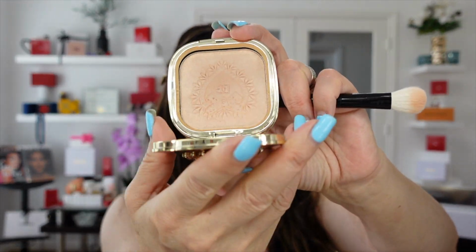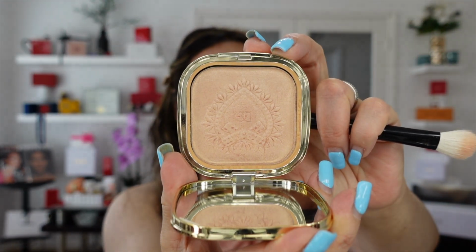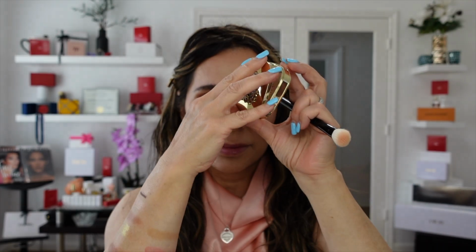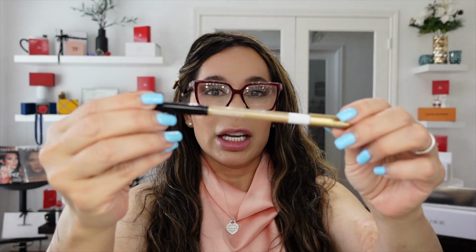I'm so in love, my friends, so in love. Again, Dolce & Gabbana, the universal shade they launch. Beautiful, my loves. This product doesn't fade away, it's long wearing. I totally forgot, I decided to go on the center of my eyes, my lower eyelid, with this stunning creation,